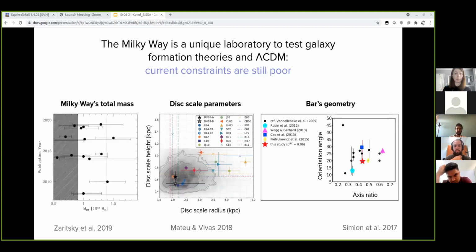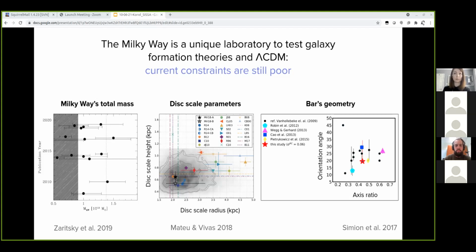However, these scale parameters that I mentioned before are not easy to measure, again, because we are measuring them from inside, but also because it is hard to access some of the regions of the galaxy, for instance, because of the dust extinction. And in addition, the distances that are needed for some of these measurements are very difficult to derive from electromagnetic observations.